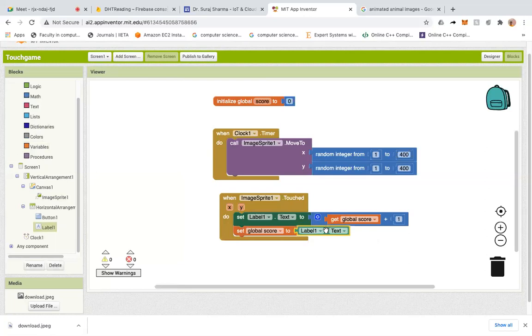Let's say I touch once, so 0 will become 1 and 1 will be printed into the label1.text, and that value we are again putting into the global score, so that my variable will be changed.